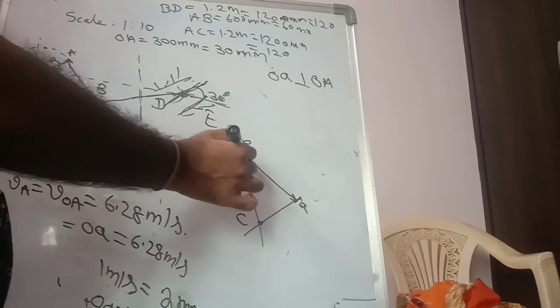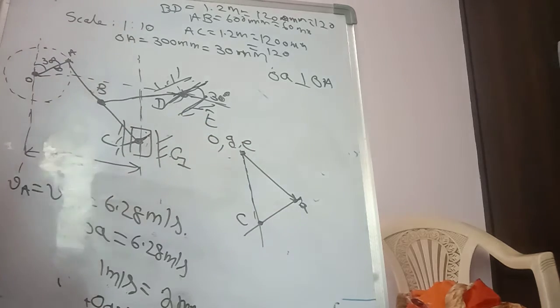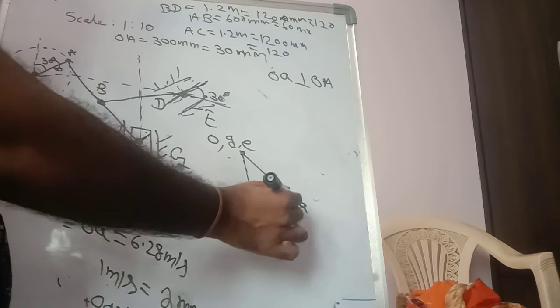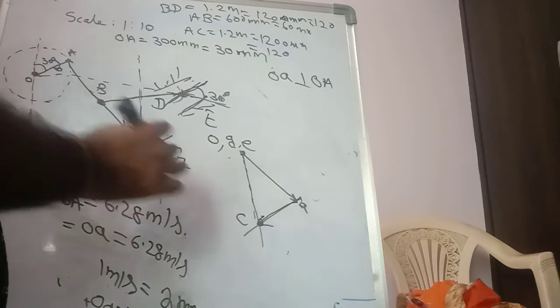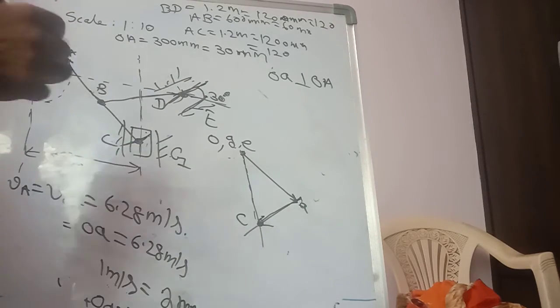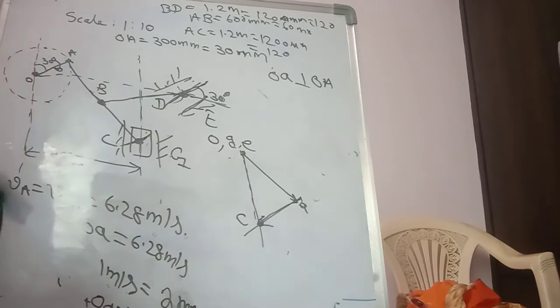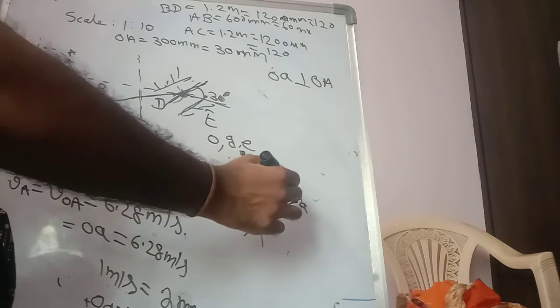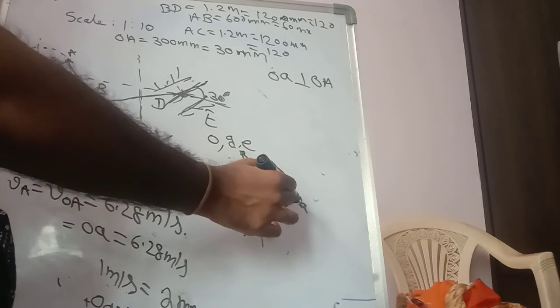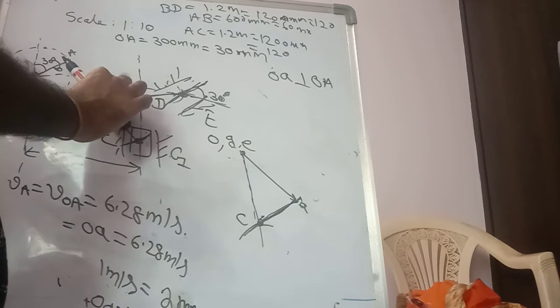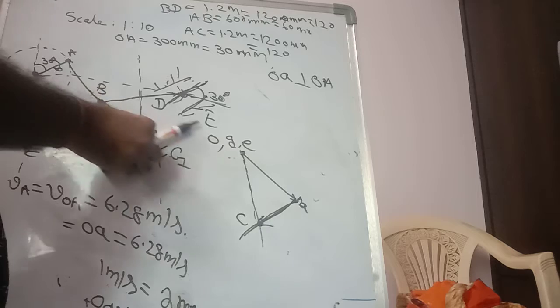So for the slider movement, you always have to draw a vertical line from G. The intersection of these two is AC, and this AC is nothing but the small ac. Now, how to find the small ac? I am repeating once again. From a, draw a line perpendicular to capital AC. From small a, draw a line. This line is perpendicular to this line.